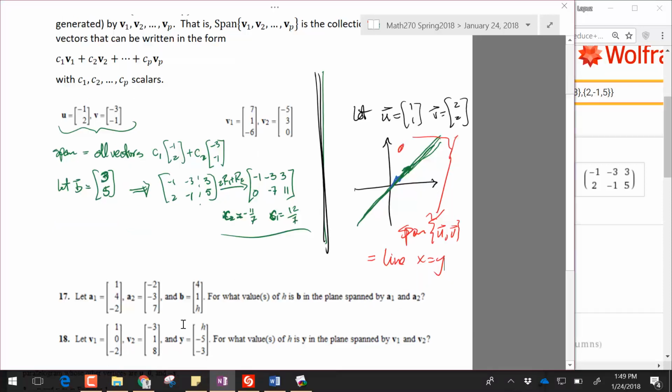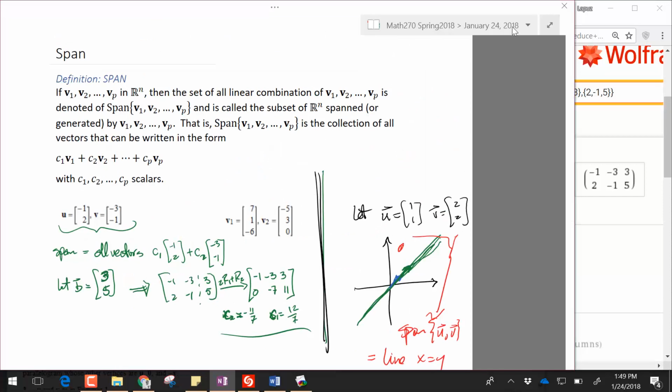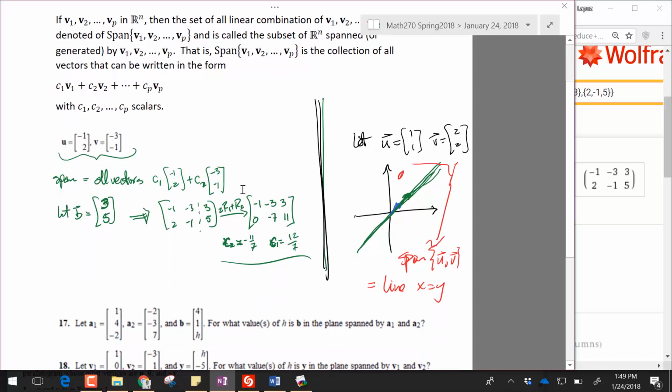All right, so I have a couple more problems here, but let's skip over that. Everything that grid can cover is the span of those two vectors, correct? Yeah, because when you think about scaling them, you're putting vectors on top of each other, and then when you're adding them, you're combining these vectors. So going back to that picture again,